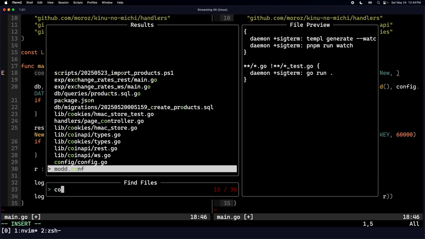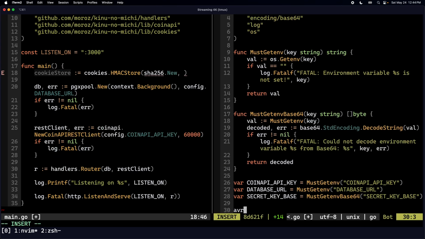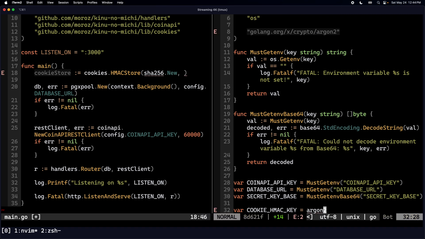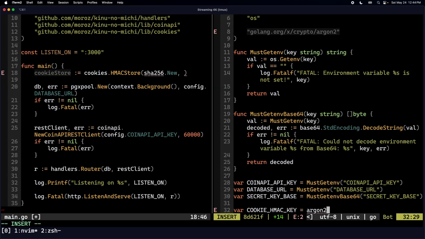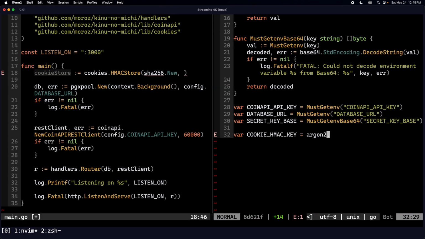So in config, var cookie HMAC key equals argon2. Do I have argon2? Okay, we may not have argon2 installed in this package, so I'm going to run a go get -u,